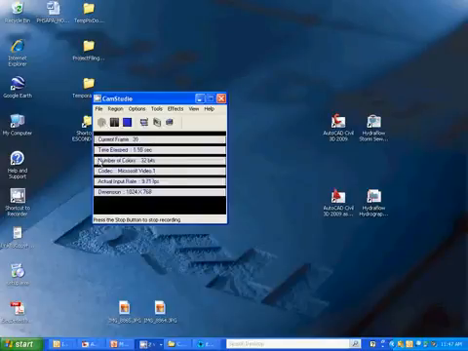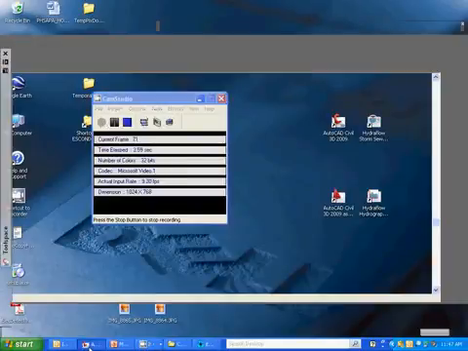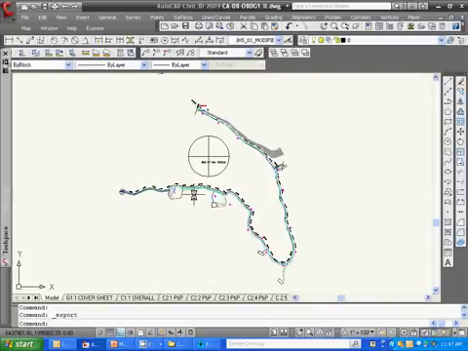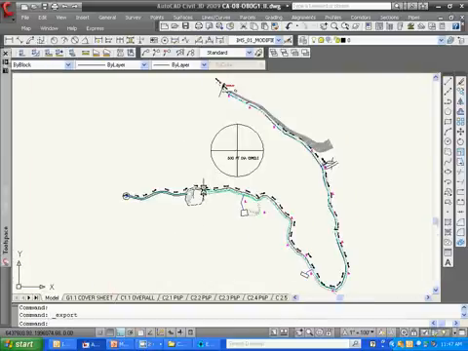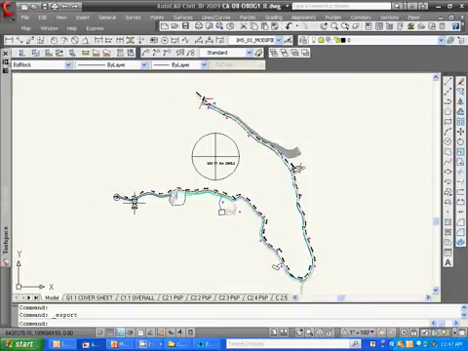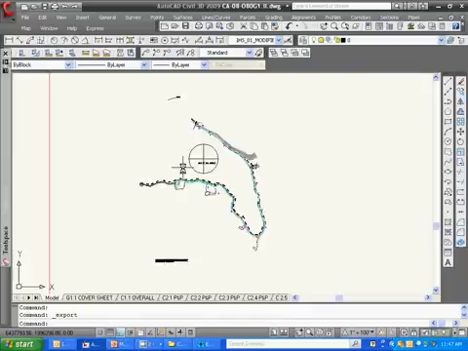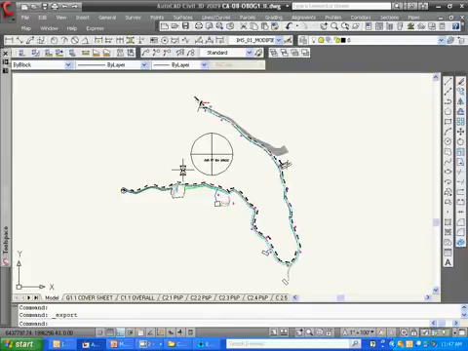In this section I'm going to save an AutoCAD drawing as a background drawing for my EPANET and bring it into the EPANET model and scale it. Here you can see I have an AutoCAD drawing, and this is my survey data showing the alignment of my proposed water main, and I'm going to use it as a WMF file or Windows Metafile and import it